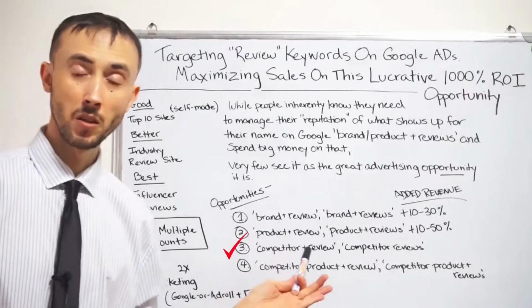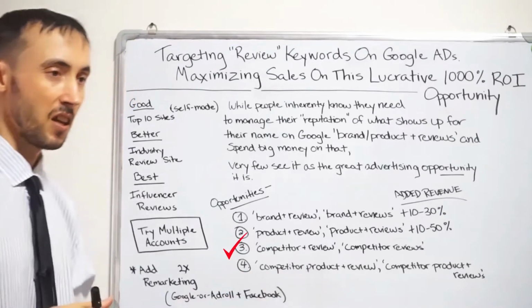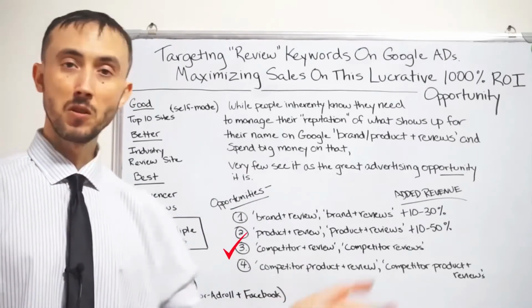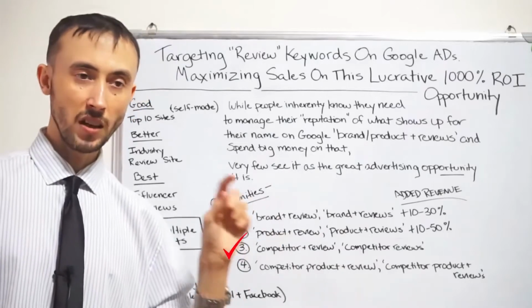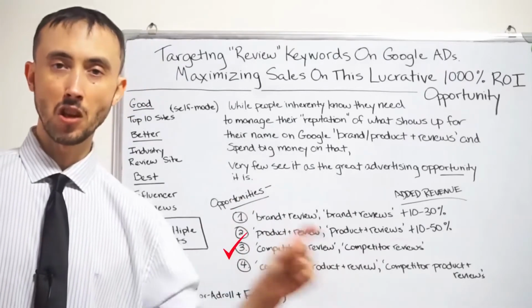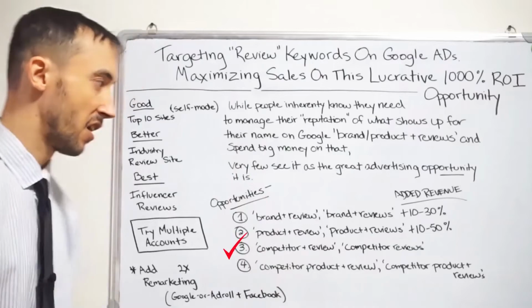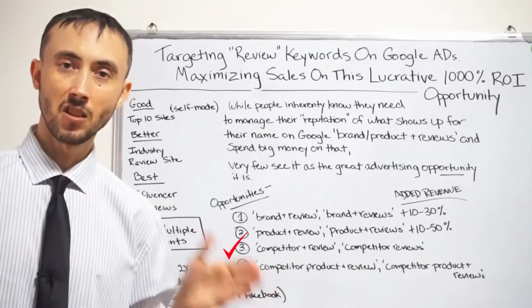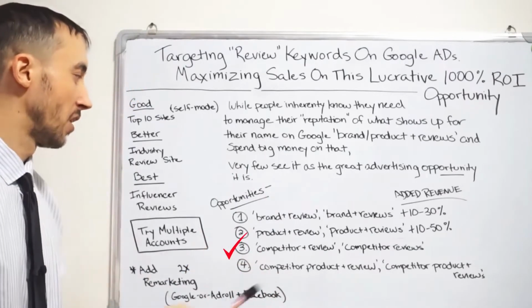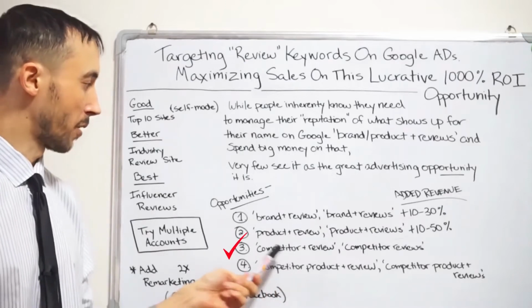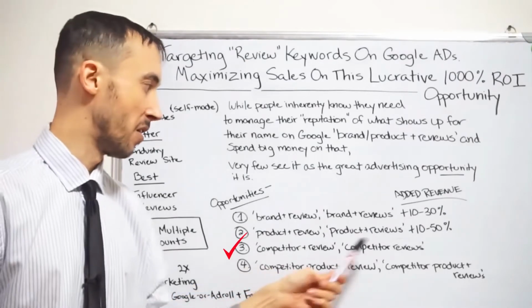And that would be somebody looking for a review on that product, because most of the time when they do that, they want to buy it. They're just trying to do last-second research to justify that they should buy it. We're going to steal that customer away from that person or client. And we'll have an ad that shows up for "competitor, then review" or "competitor, then reviews."